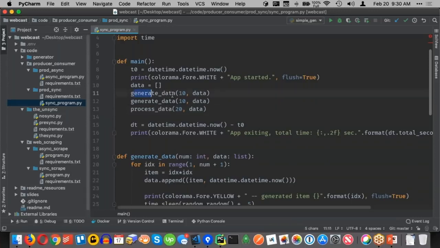So we're going to have 2 parts of this program. One part is going to generate some work to be processed. This generate data is going to throw it into some kind of data structure. Here on line 10, it's a list, but it doesn't really matter. It's going to throw it in there, and then eventually, after it's all generated, this process data is going to take the work that was put there and execute it, do the work with it. So imagine like an async message bus type of thing. Work's coming into the queue, work's being picked up as it comes in, something to that effect.